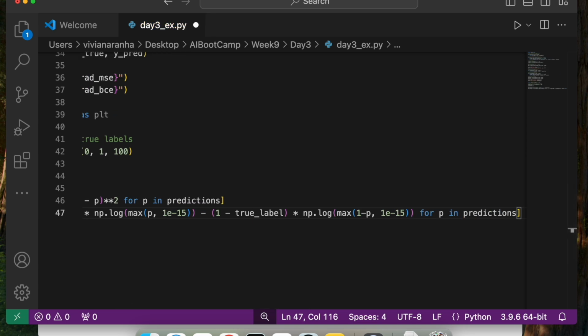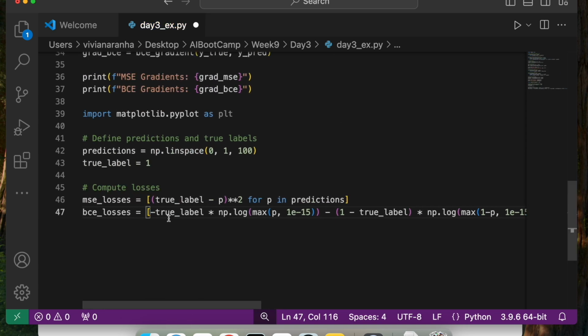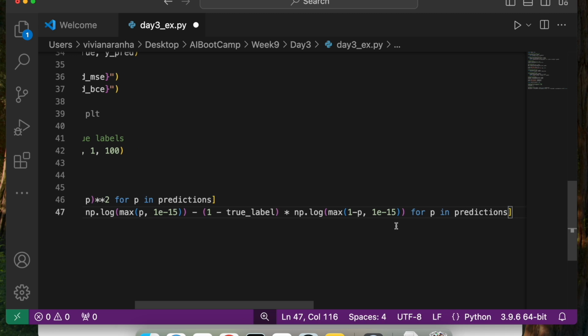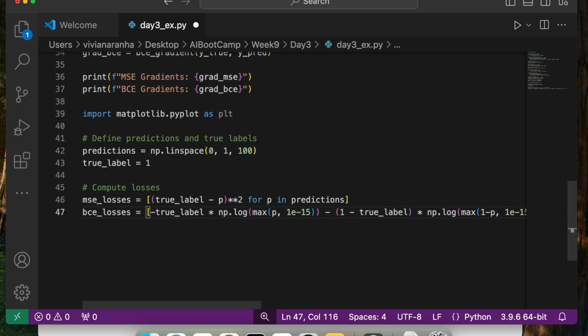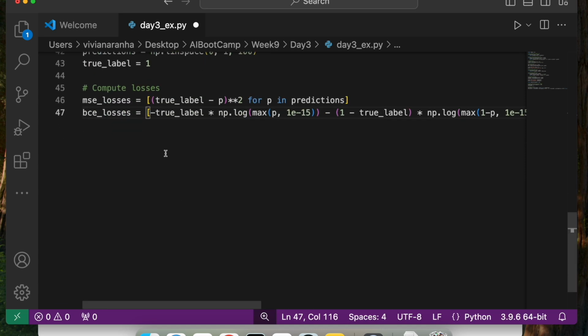Okay, I hope I got the formula right. So perfect, looks good to me. Let's go ahead and do the plot now.